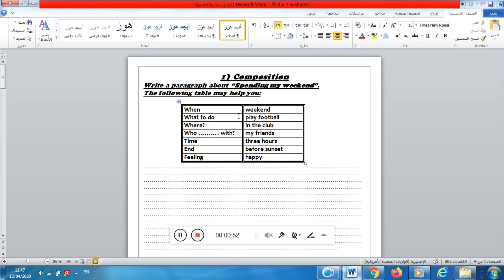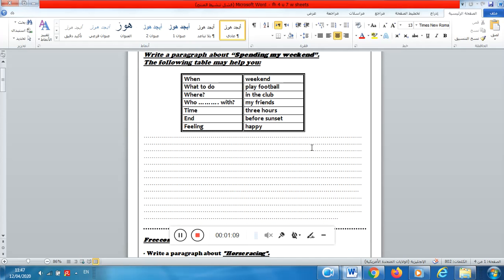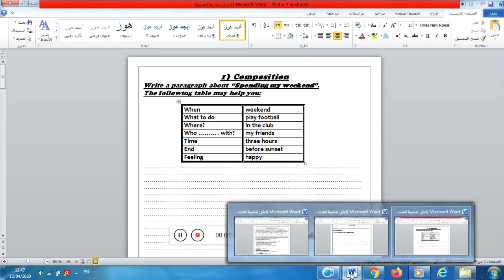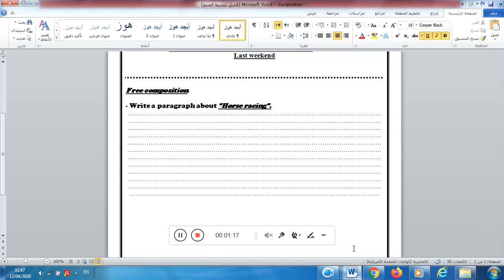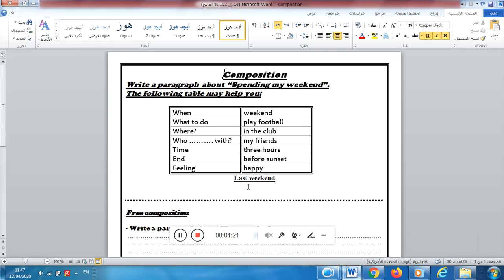You depend on the information in the table, the information given here, to construct some sound sentences in the form of a good paragraph, and that's it. So, do you think it's tough or easy? What do you think? Well, let's do it together, and you will see that it is very easy. Okay.